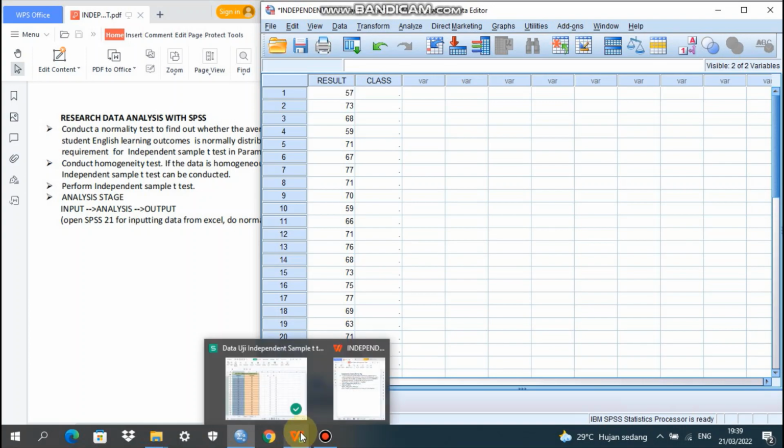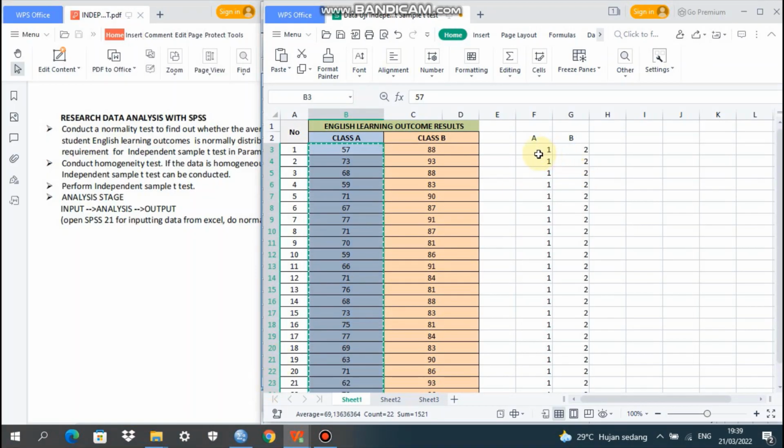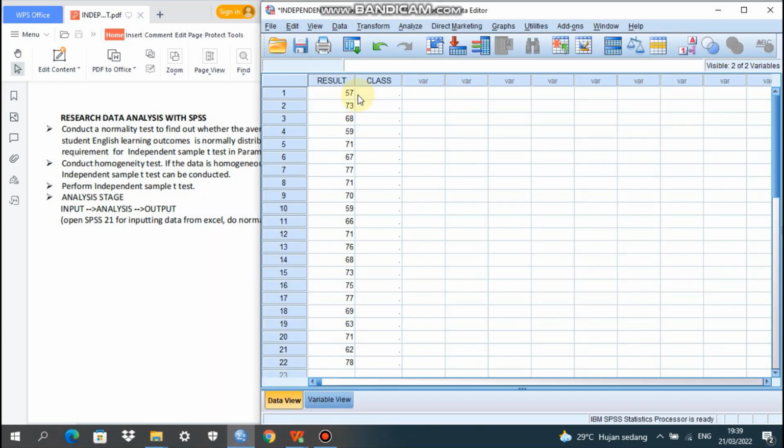We go to the Excel file again. We have the code here for class A, the code for class A, number 1. We copy until 22 participants. Copy and then we go to SPSS. Paste it. Okay.